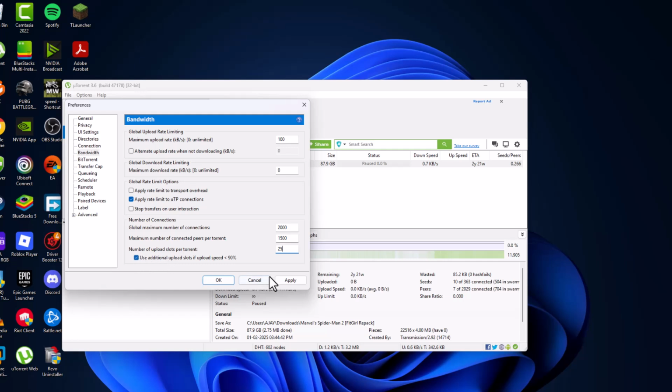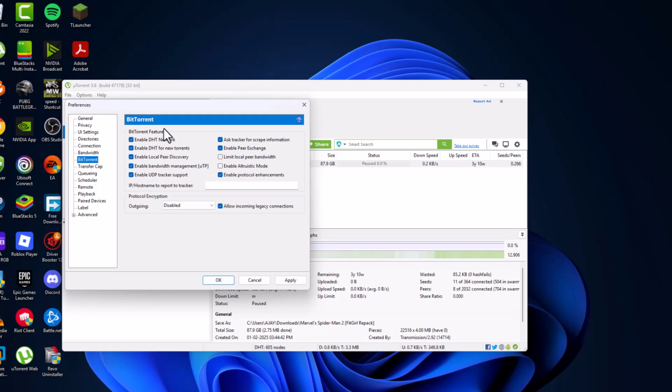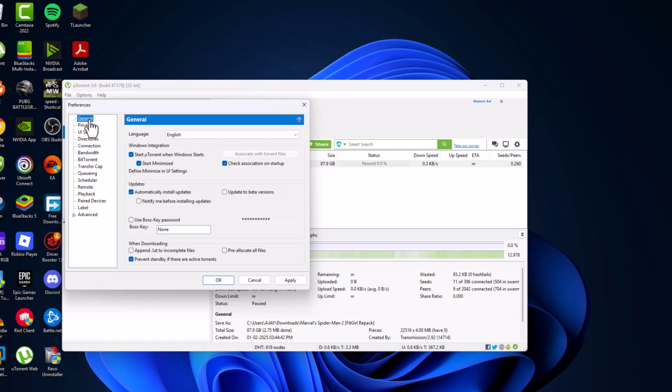Check mark this option and then go to BitTorrent and check all these options except limit local peer bandwidth, and enable throttling mode, uncheck both, and keep the other things checked. Go to general, and under downloading, check mark append .!ut to incomplete files and pre-allocate all files,